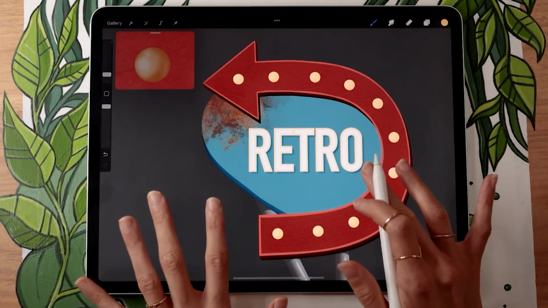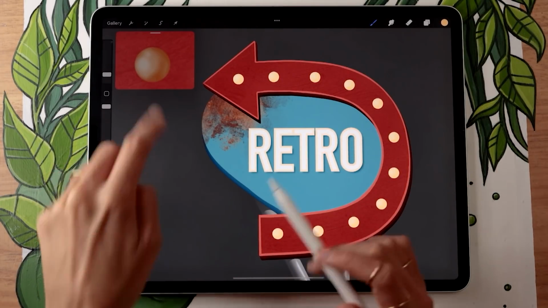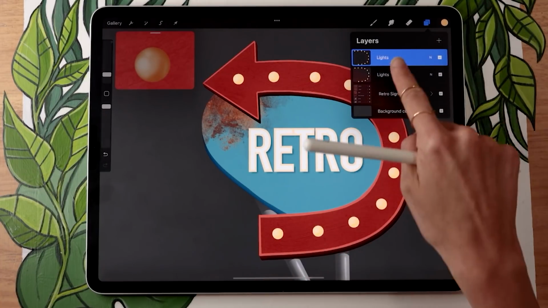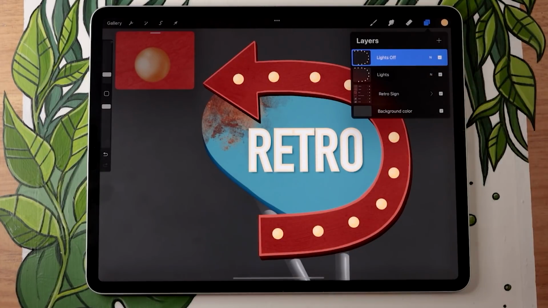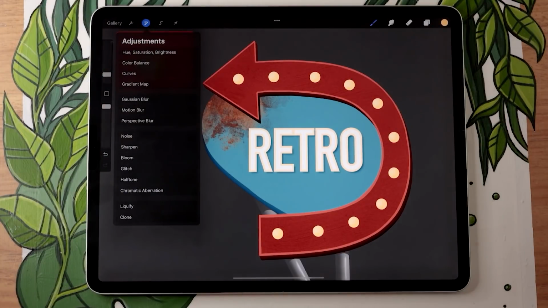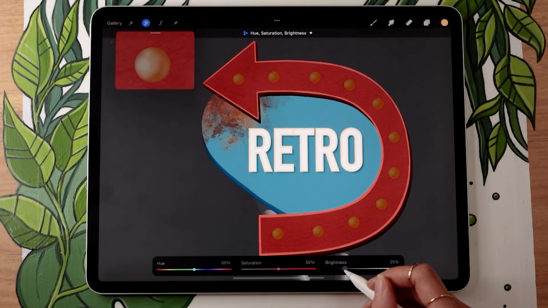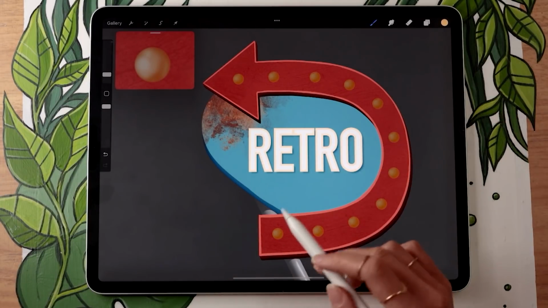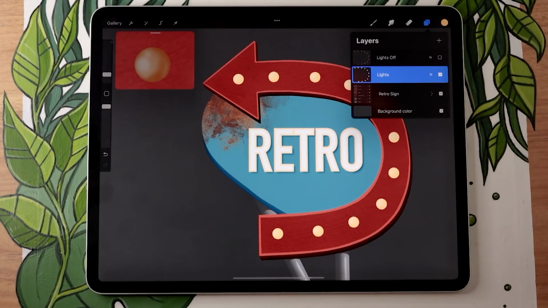And once you're happy with the positioning of your bulbs, we're going to create a copy of the layer to create a dark version of the bulbs. So just duplicating this light and renaming the copy to Lights Off. With the Lights Off layer selected, you can then go in the adjustment panel here at the top, select Hue, Saturation, and Brightness, and lower the brightness of your bulbs to whatever you want. So these are pretty good. They look off, but if we hide them, the ones that are supposed to be on are not super bright,